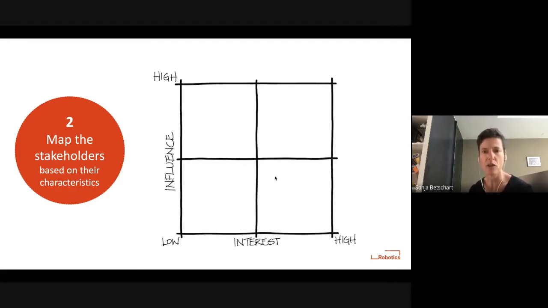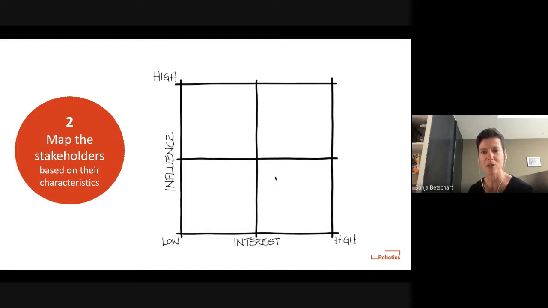To then say, would I put this stakeholder in the left upper corner or in the right upper corner? So when I take the list at the end of step 2, all the stakeholders that we had in the list, and I do this a lot with Post-its on a flip chart, I just move them to one of these four quadrants, again based on influence and interest. Quite easy. Once this is mapped out, I actually have my stakeholder map.